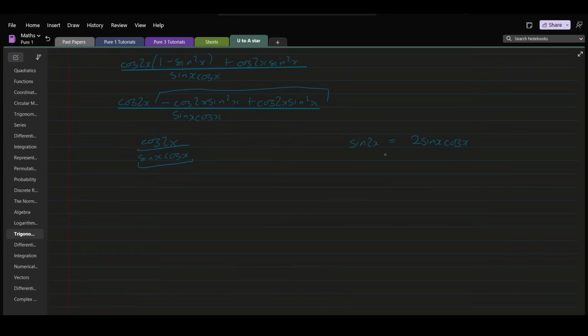If we come to our double angle formula, let's make our denominator, which is sine x cos x, the subject of the formula. That becomes sine x cos x is equal to, we have to divide both sides by 2 or multiply by half sine 2x. And let's substitute our denominator with half sine 2x. We end up with cos 2x divided by sine 2x over 2. And if we resolve our fraction, we end up with 2 cos 2x over sine 2x,